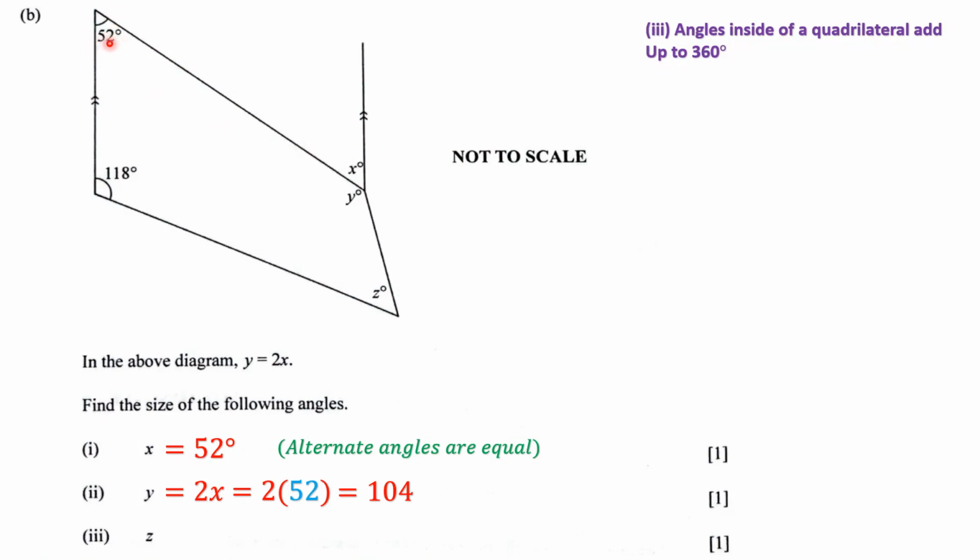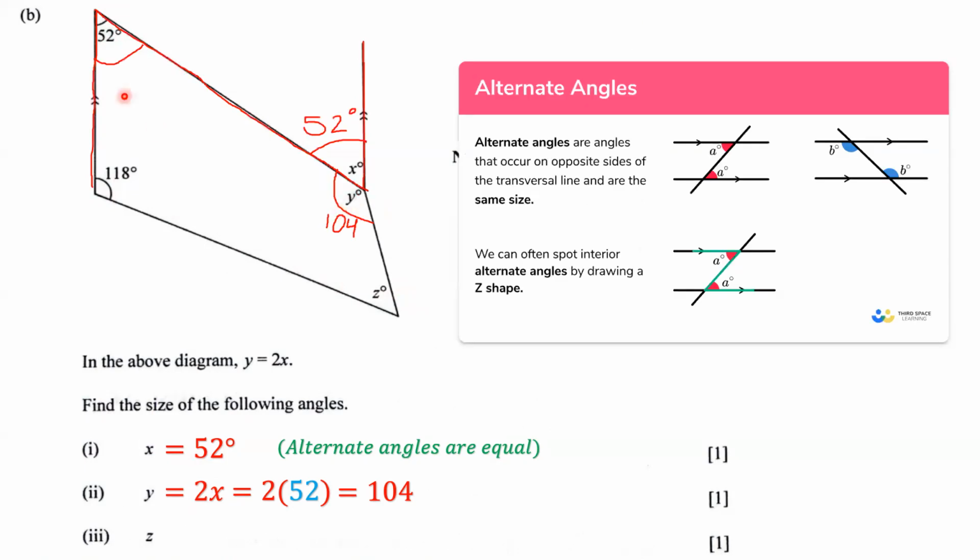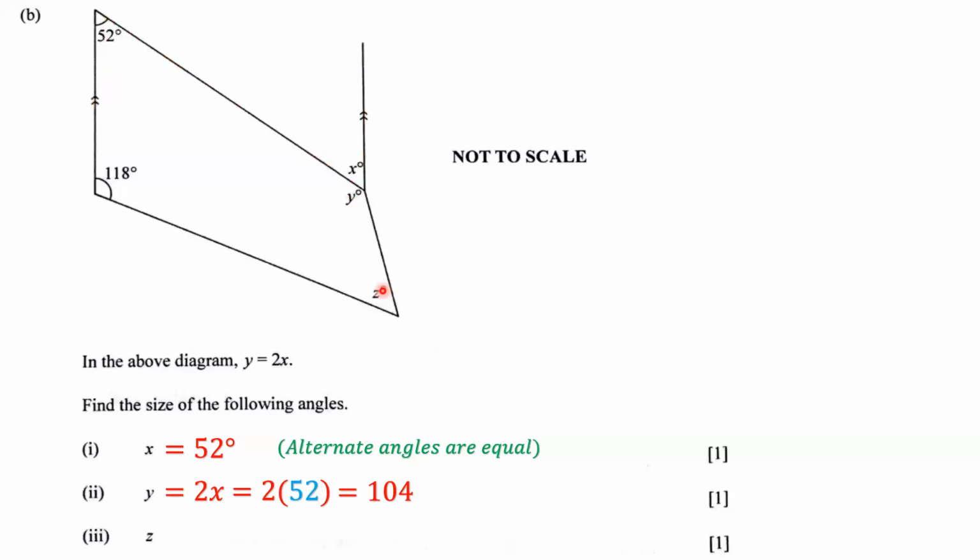that 52 plus 118 plus this is 104, right? So 52 plus 118 plus 104, add them all together, and of course add z, then you get 360 degrees. Let me just put 104 here so we can remember what y is. Again, 52 plus 104 plus 118 plus z equals 360 degrees according to